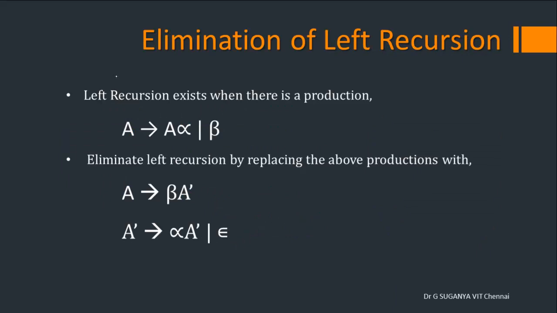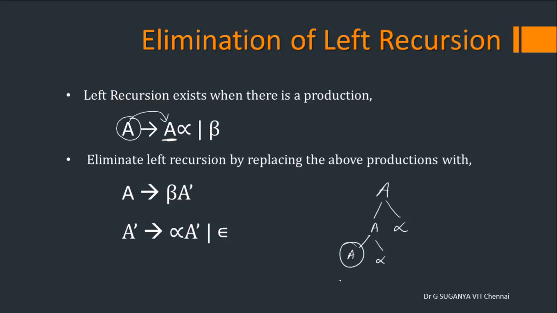It's a very simple procedure. Left recursion is said to exist when you have a production of this kind. What it states is that when there is a non-terminal on the left according to the CFG, the same non-terminal is supposed to appear as the first symbol. What will happen whenever you try deriving this? I'll show you here. When I start deriving using this example, you will always end up with the same non-terminal, and it will keep on expanding as the first symbol as and when you keep deriving it.